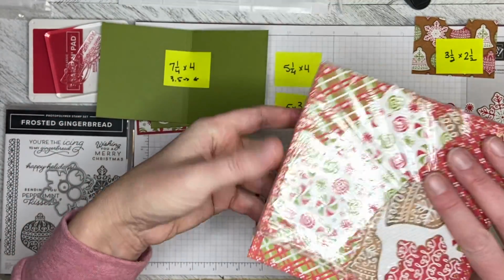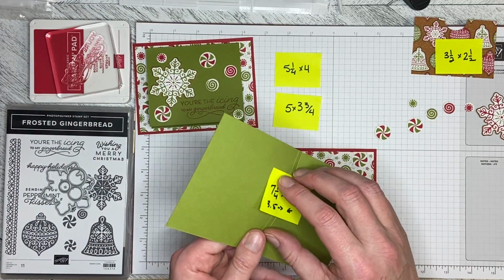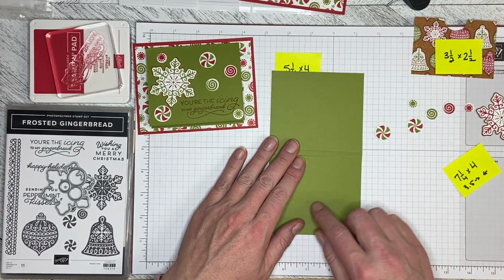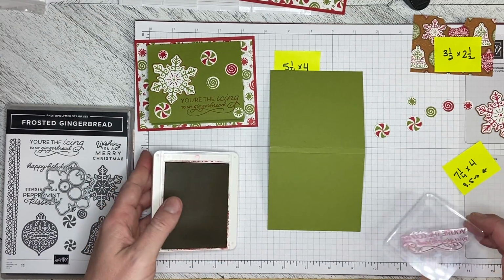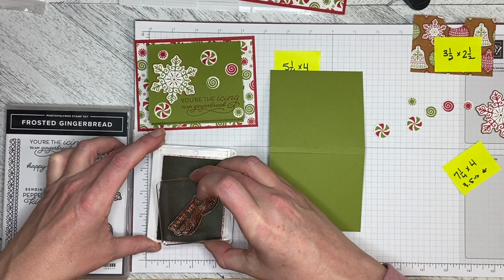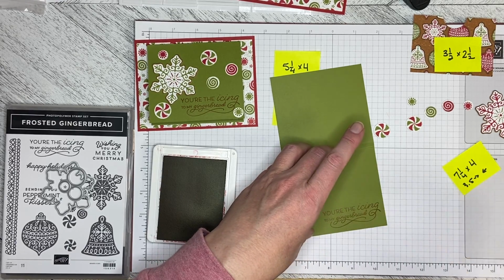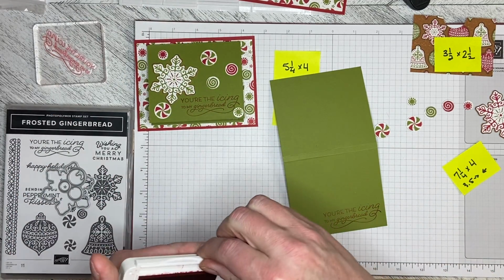Real Red, Old Olive, Early Espresso. So we can also flat mount the greeting. But what we want to do before we flat mount this piece is to do the stamping on it. And then we can glue it down and we can put the insides together. So this again is from the Frosted Gingerbread set, and it is "You Are the Icing to My Gingerbread." So there we go. That's all stamped down,